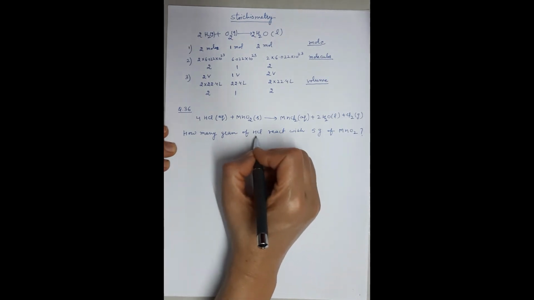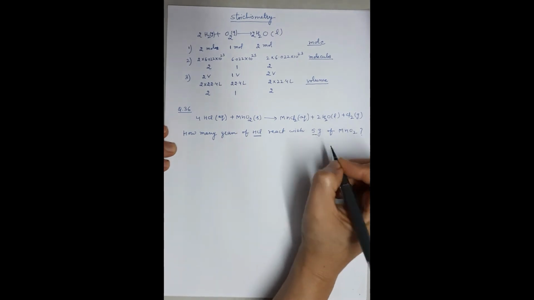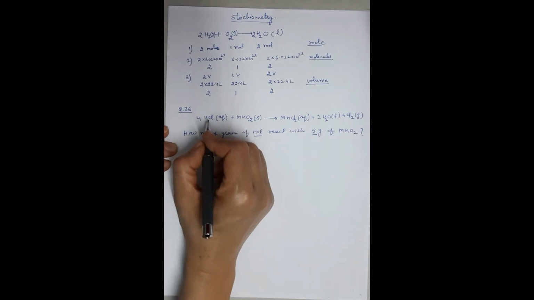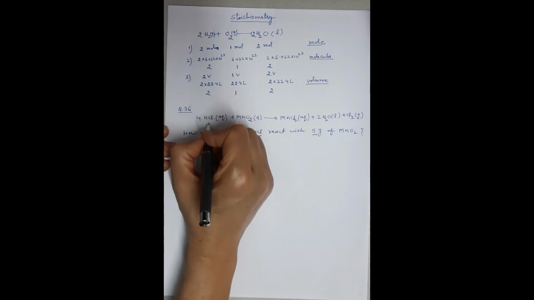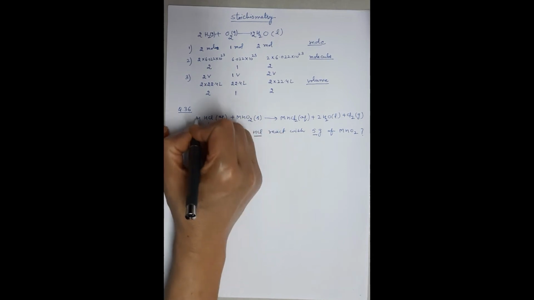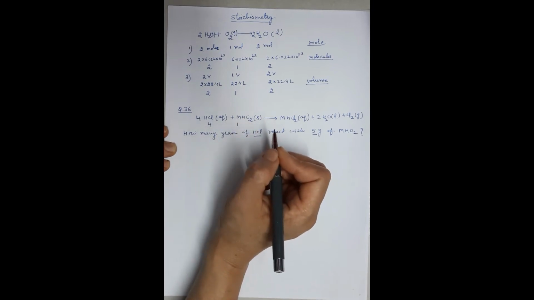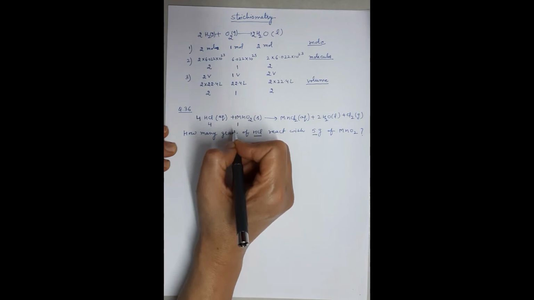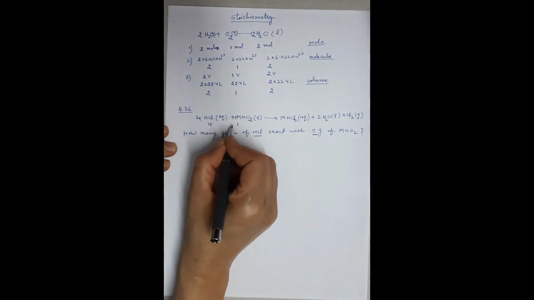They are asking about HCl, how many grams, and what is given to you? 5 gram of MnO2. But according to the standard equation, just find out in what ratio they are reacting together. Mole wise, if you see, they are reacting in the ratio of 4:1. The stoichiometric coefficient is the molar ratios, the number of moles in which they are reacting with the other reactant. 4 moles of HCl react with 1 mole of manganese dioxide. So, because this is here given in grams, convert it into grams.